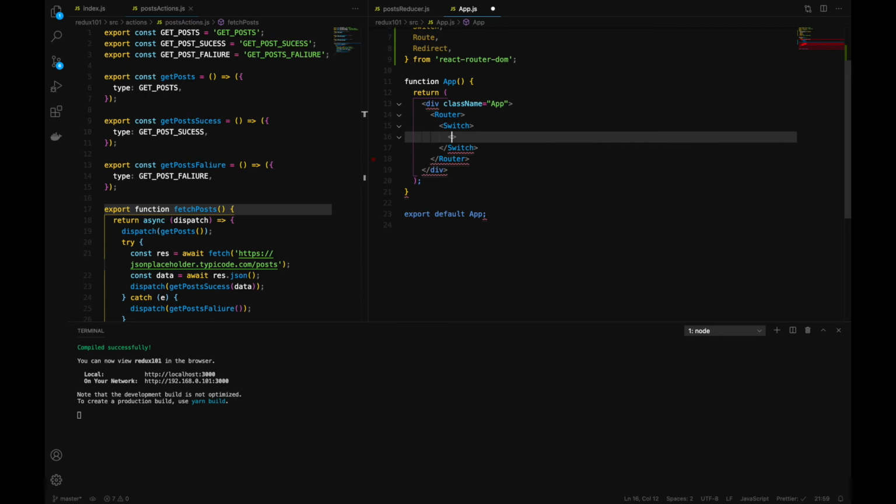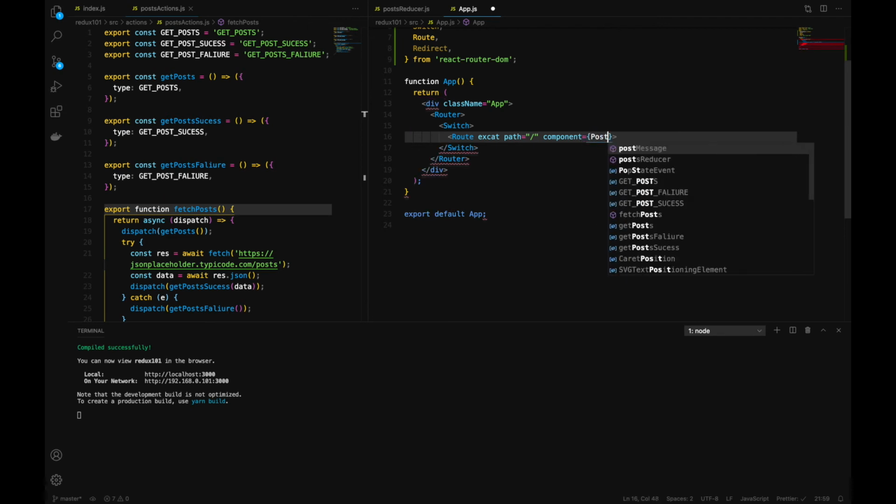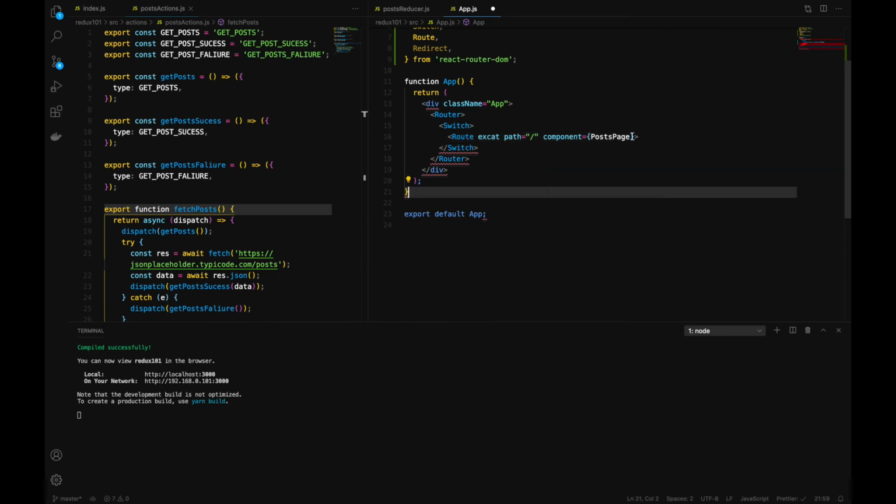Inside our Switch we will define our routes. For now, let's define just one route, which is our posts route. So for that one, Route, and I want it to be exact, and the path would be the home, which is just a slash, and the component that I want to load is PostsPage. I think, oh sorry,